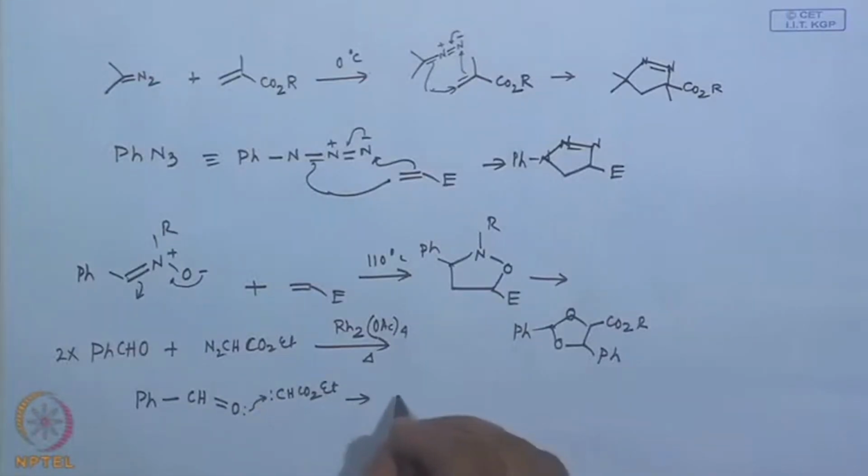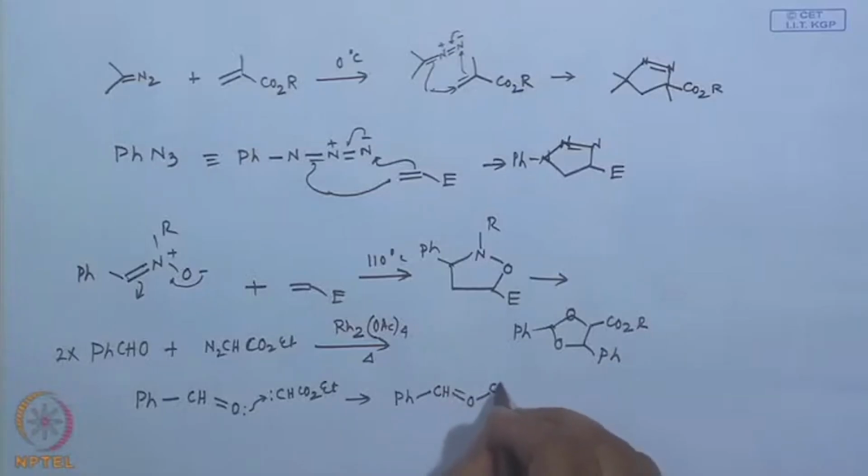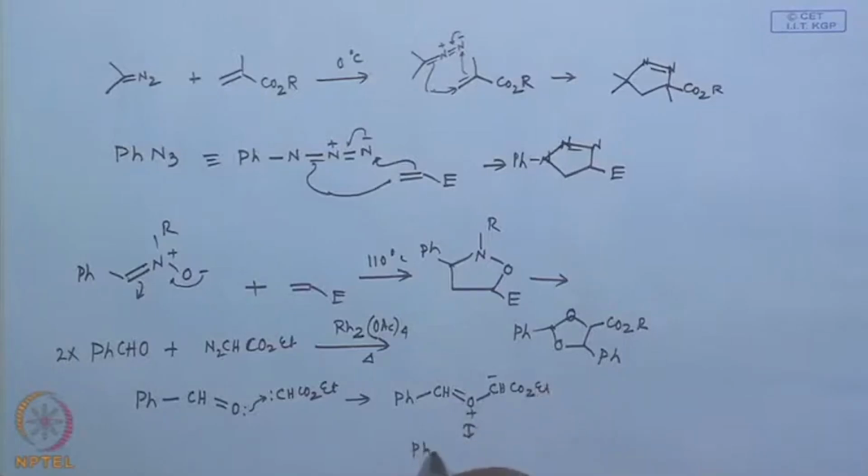So, what you will find, you will find CH, double bond, and then the electron of oxygen is donated to the carbon. So, this should be plus and this should be minus. So, essentially you can write the resonating structure. If you write the resonating structure, you will find this is plus oxygen and CH, and then CO2 and this minus, right,